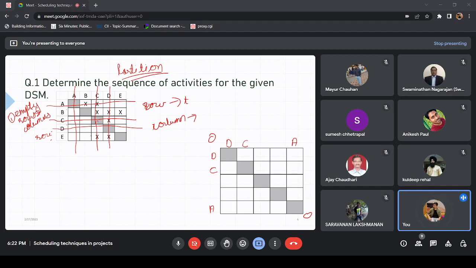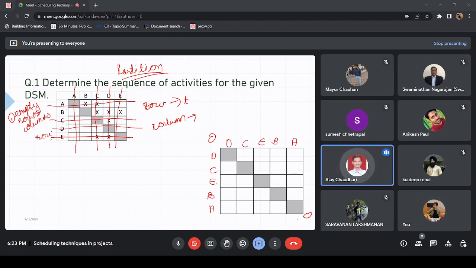Okay, so now coming back to our matrix, looking for empty rows. If you look for empty rows, it would be E, or if you look for empty column, it would be B, right? So first, if I look for empty row, we have got E, and now only B is remaining, right? So let's have B here. Once we have this order fixed,